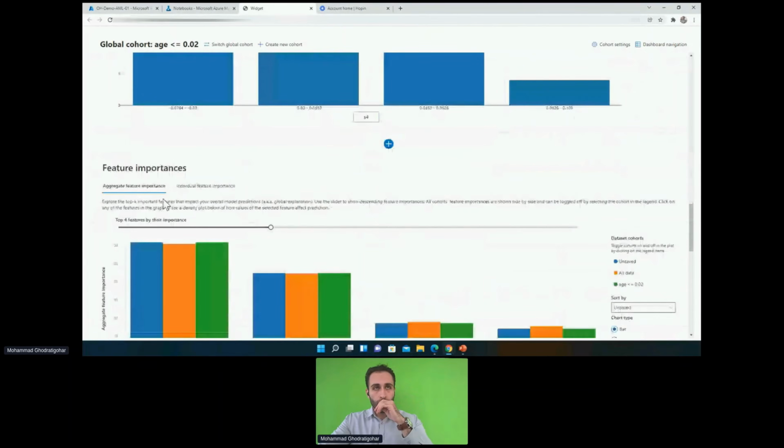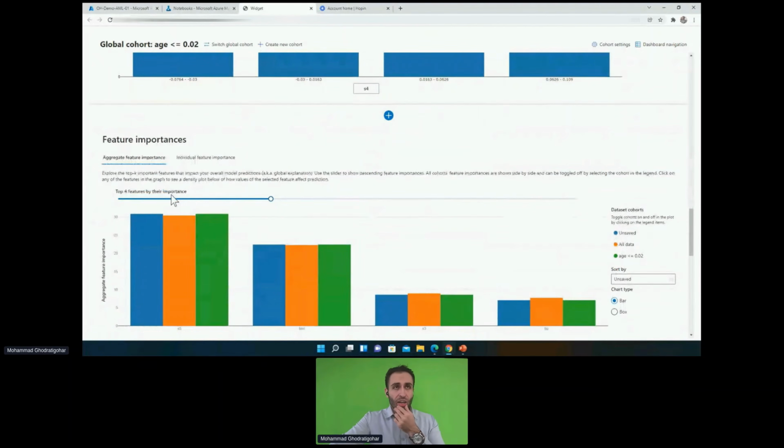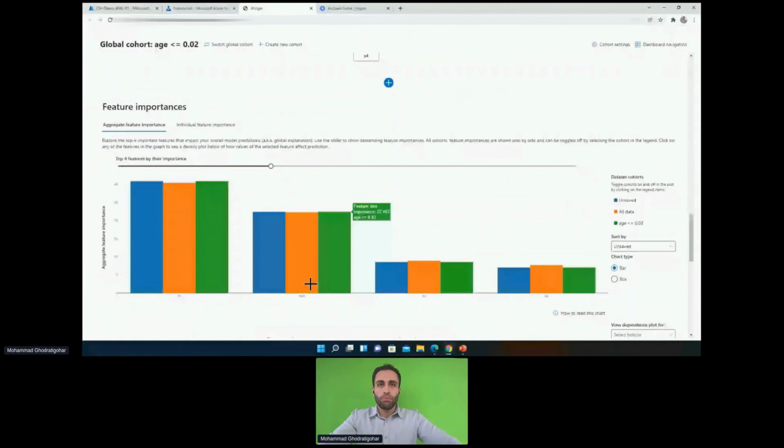Moving a little bit further, not only that, now in general, I want to know how my model is utilizing these features to come up with a prediction. Which one is more important and which one is less important? You can see the orange color, which is all the data that I used. The model valued the S5 feature as the highest one, and then BMI, body mass index, and again, blood pressure, S3, which are again some other blood factors, and so on and so forth.